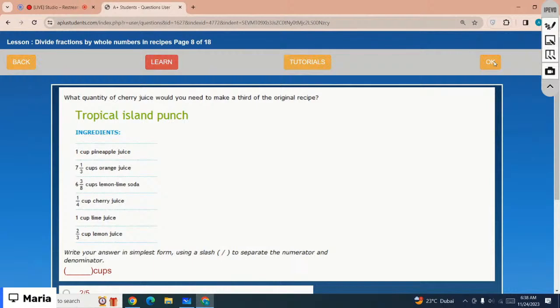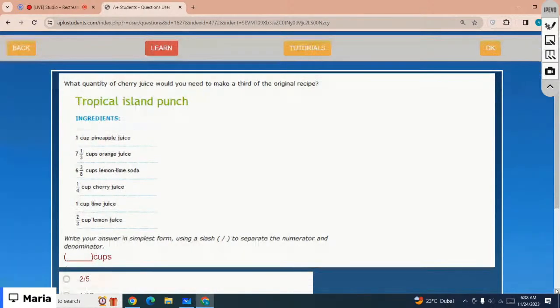In the original recipe, you need 1/4 cup of cherry juice. So when you make one third of the recipe, which is the correct option? The correct option is 2 by 5. No, that would be 1 over 12. You have to